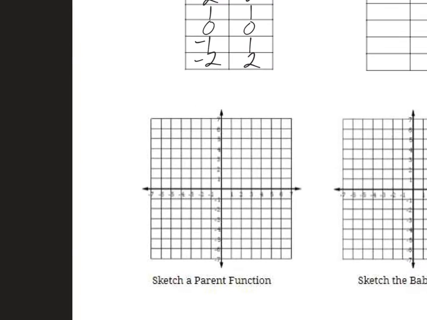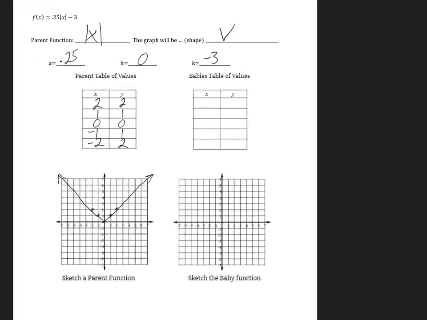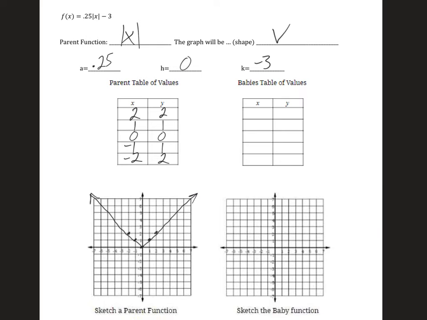Perfect. Let's go ahead and graph that. So we're at 2 up 2, 1, 1, 0, 0, -1, 1, -2, 2. So it should give us a line that looks like this. Perfect. Okay, so again, our equation, if you write this down every single time, it's going to help you just memorize it. So x plus h, ay plus k. Okay, so what are my new x values going to be? They're going to stay the exact same, so it should be 2, 1, 0, -1, -2. What are my new y values going to be? Well, it should be -2.5,